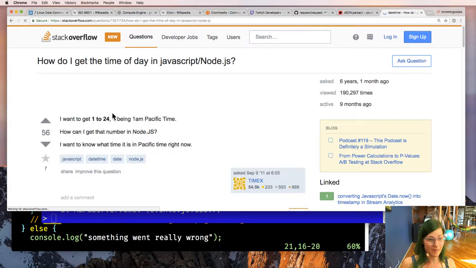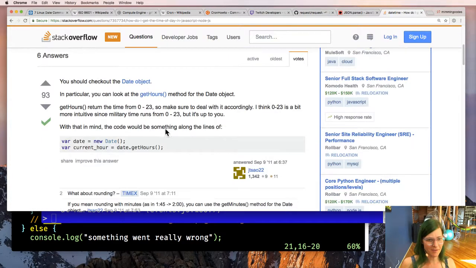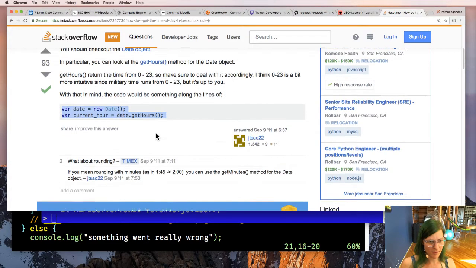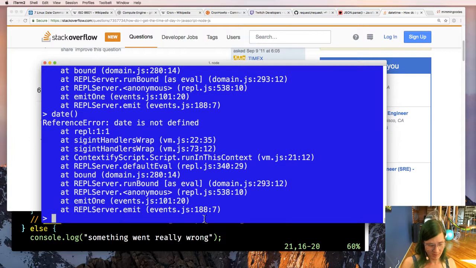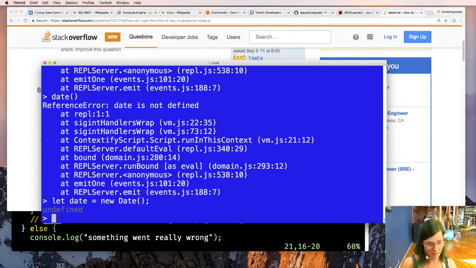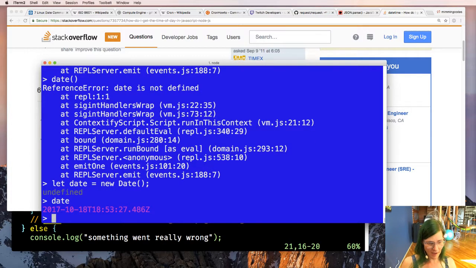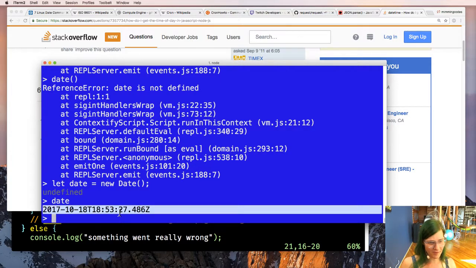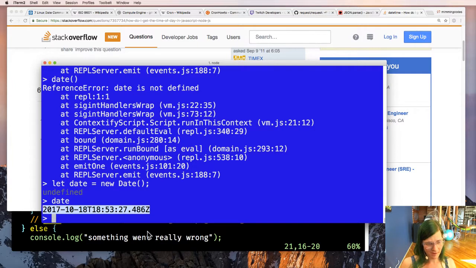Date time. Yeah, date time, that's what I was thinking of. Oh, there's a date object I instantiate. Okay, that's straightforward. Let date equal new Date. Hey, there we go. Hey, it's already in an ISO timestamp. That's perfect. That's exactly what I want.